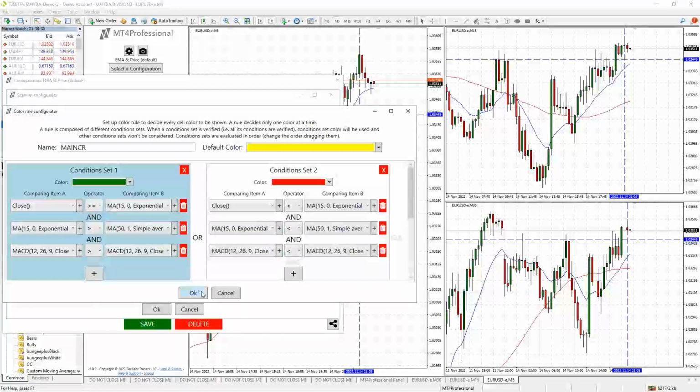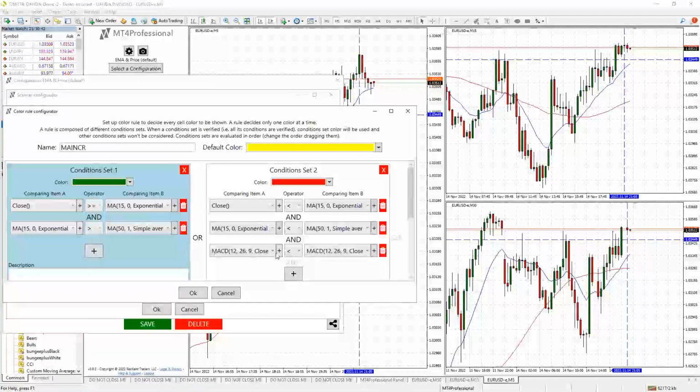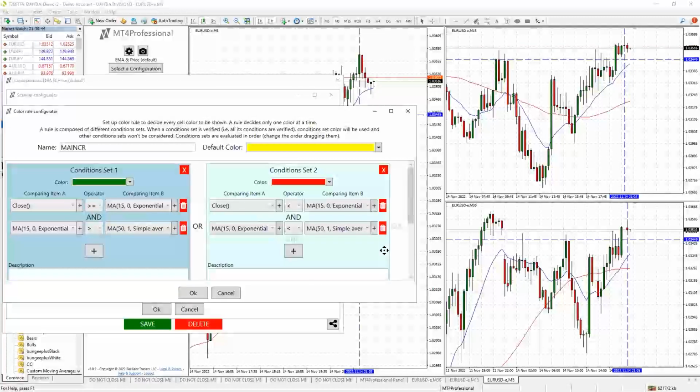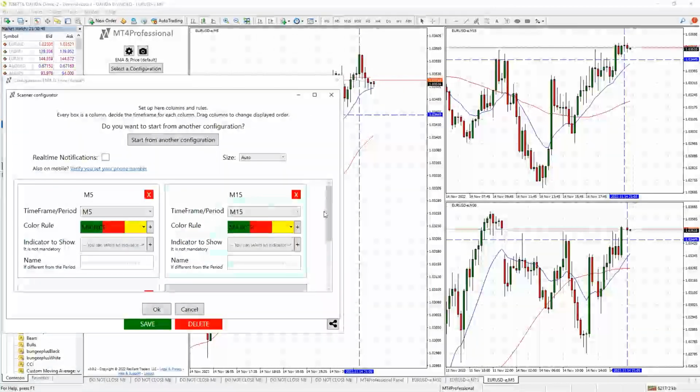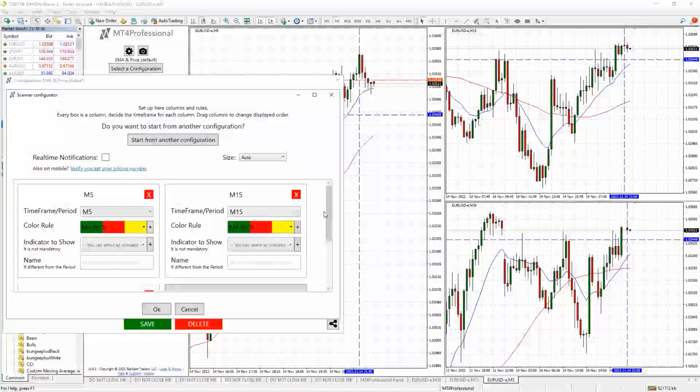If I like the setup, then I just simply click OK. I can change the name if I don't like Main Color Rule to anything that I like. CR is just short for color rule. I can click the trash can to get rid of it if I don't want it, or the cancel button to get out of whatever you're working on and not make any saves.